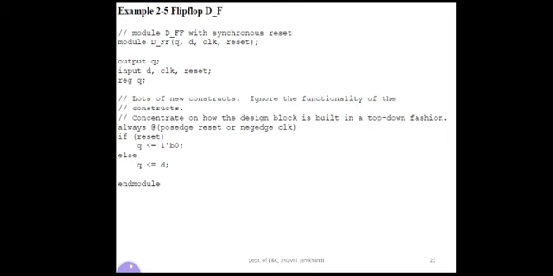Then the third block is the D flip-flop. In the D flip-flop, module D flip-flop, its inputs and outputs are Q, D, clock and reset, in the declaration part. Here again new constructs are used, that is the always block, if and else. If and else are the same as in the C programming language. As per the required algorithm for the D flip-flop, this program is written. At this point of time you need not worry about this.